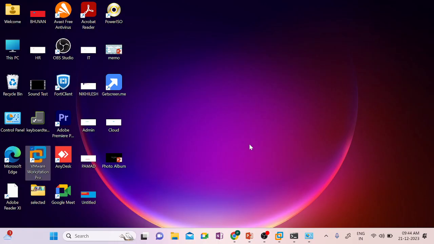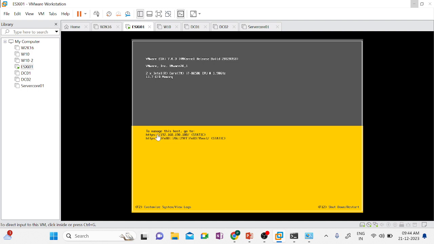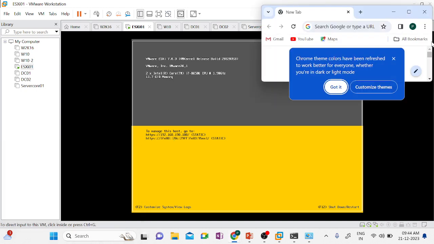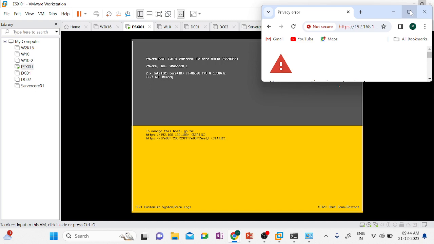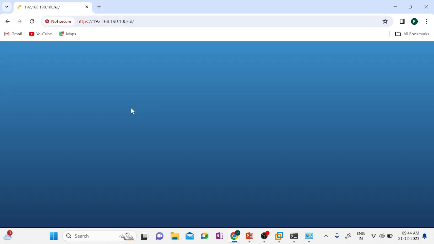If I go back here, it is loading. It has got a link here, https://192.168.190.100. What I will do is open Chrome, and in Chrome I will type https://192.168.190.100. If I hit enter, go to advanced, and proceed to this 100,